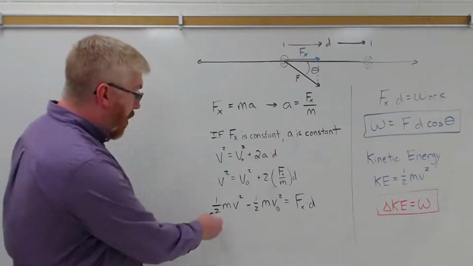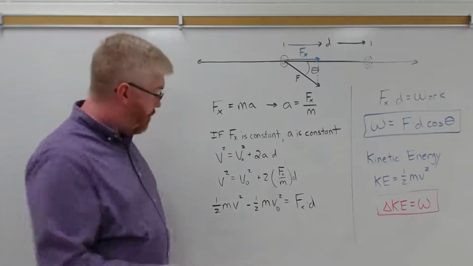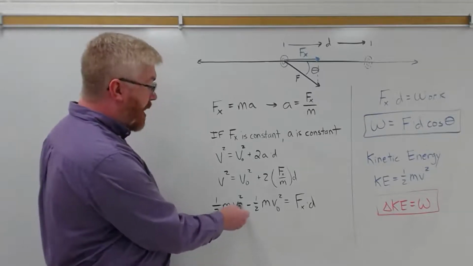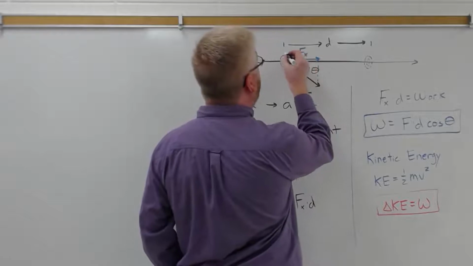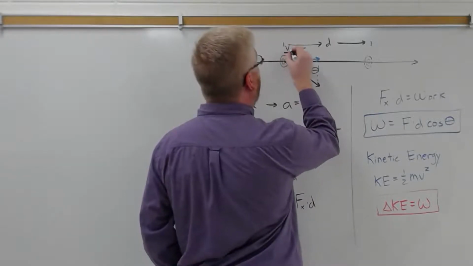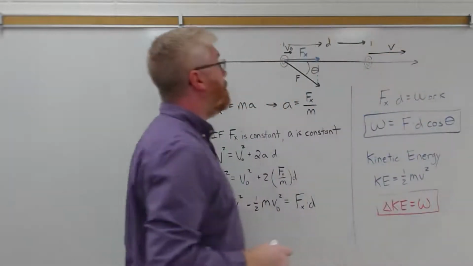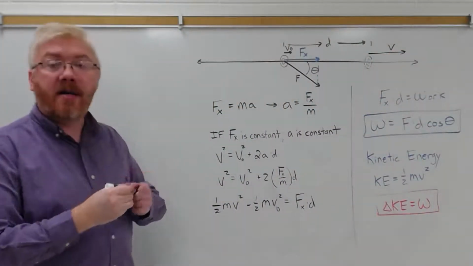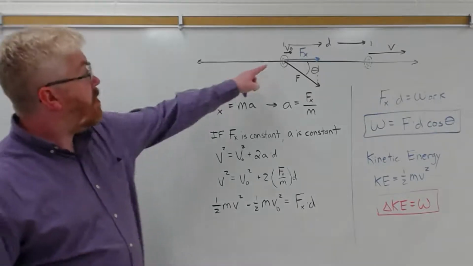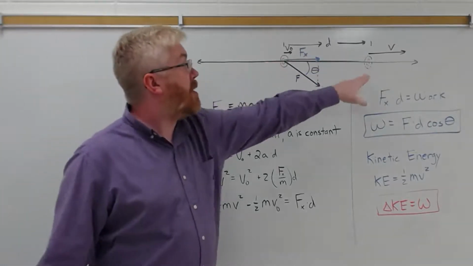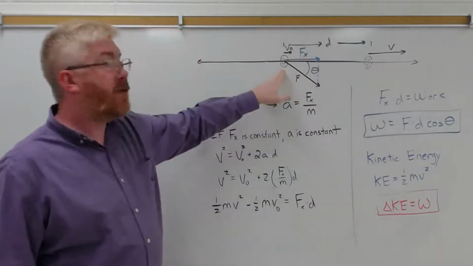What does that mean? Well, this is 1/2. This is the mass of the object. The mass of the object can't be 0. This is the speed of the object. Here is the initial speed of the object, v naught. Maybe this object is already moving. Final speed of the object, v. Maybe v naught is 0. Maybe the object is stationary, but it doesn't have to be. Just note that this force is going to accelerate the object. So the object over here, the bead, should be traveling faster than it was over here.